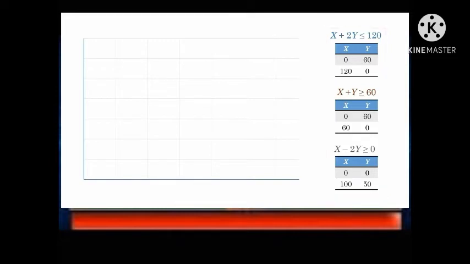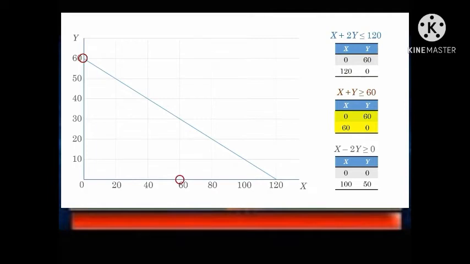Since the highest x value we have here is 120 and the highest y is 60, we can go up to 120 on the x-axis and up to 60 on the y-axis. For the first constraint, we have (0, 60) and (120, 0). We join the points for the constraint line. For the second, we have (0, 60) and (60, 0), and that's the line. For the third constraint, we have a point at (0, 0) and another at (150,